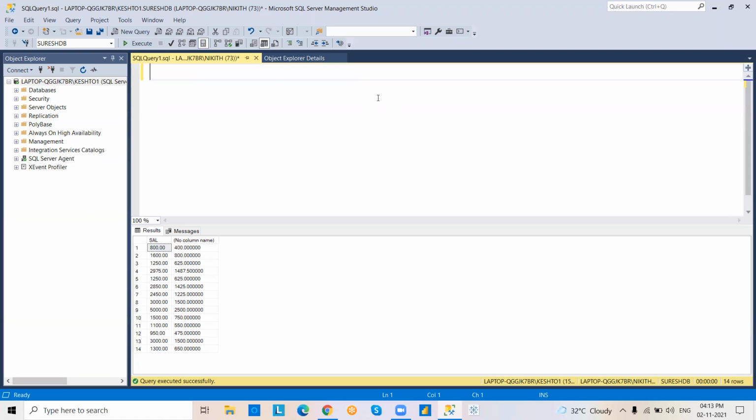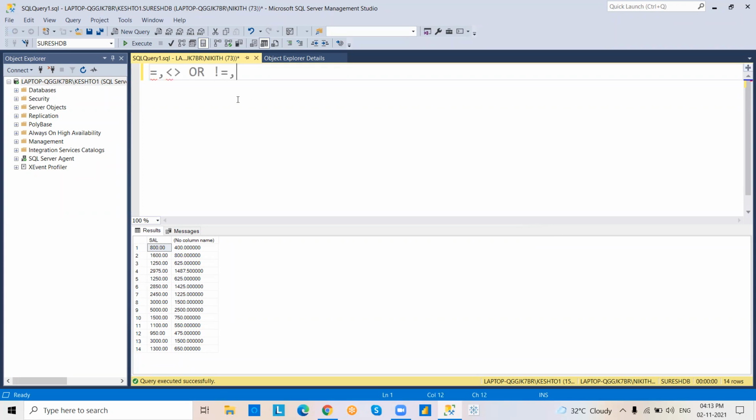After that, we are going to work with assignment operators. Equal to, not equal to.